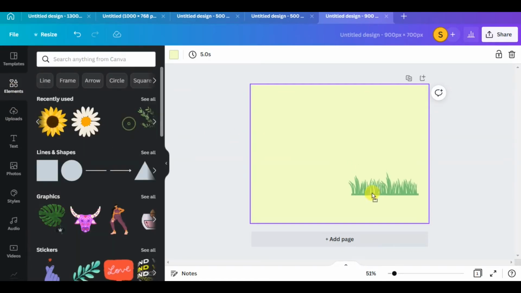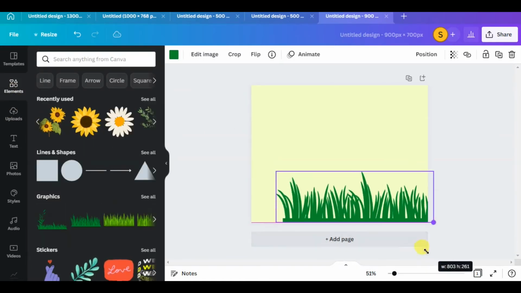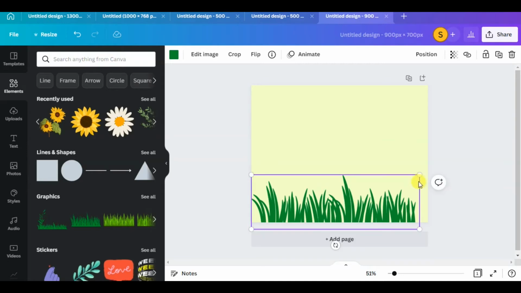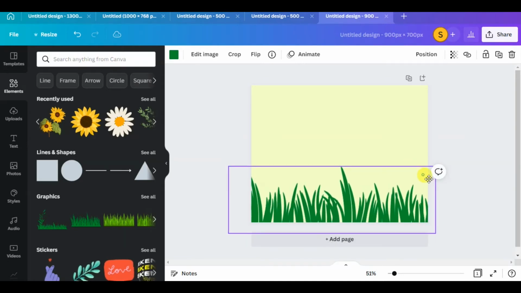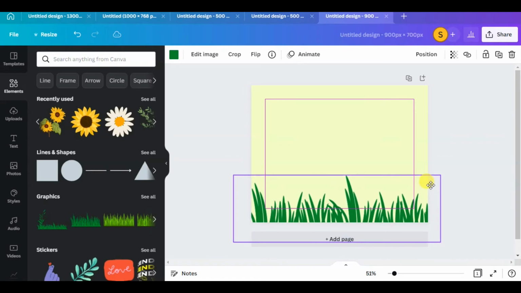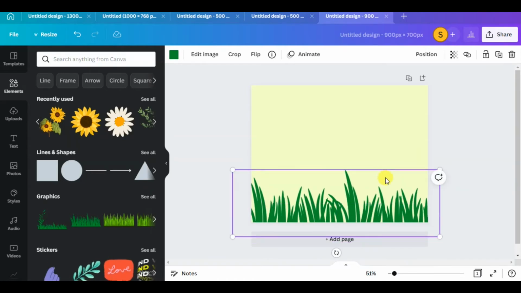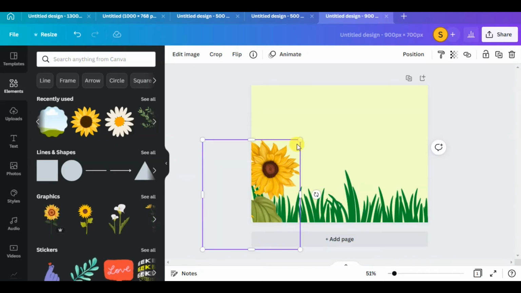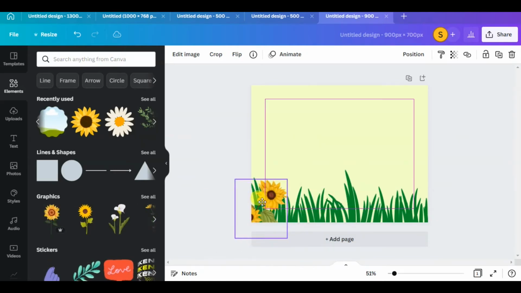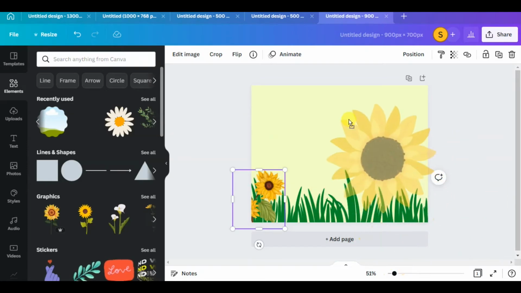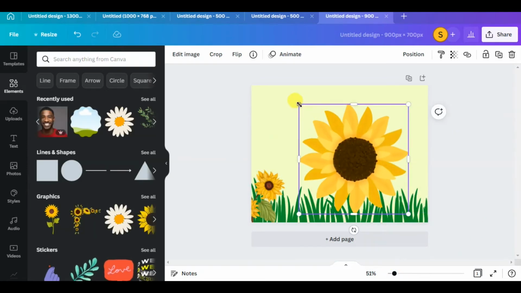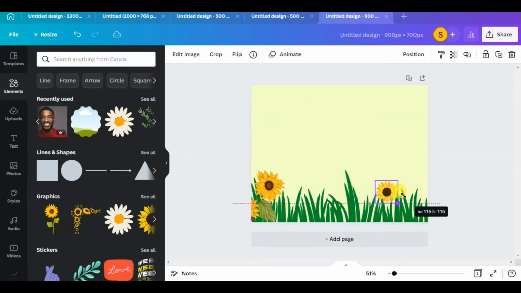Okay, this was it. And then I went on to elements and then I dragged this in, and then I put this, and then I put this.